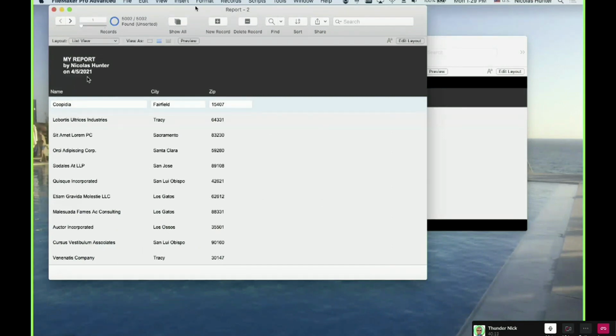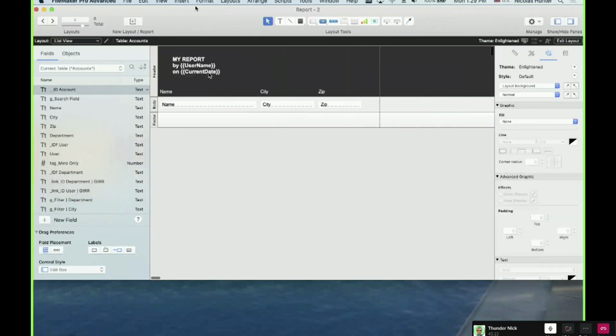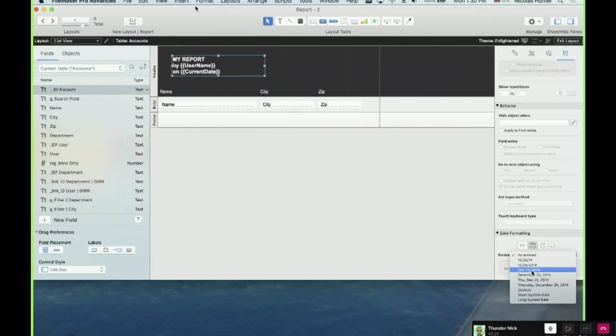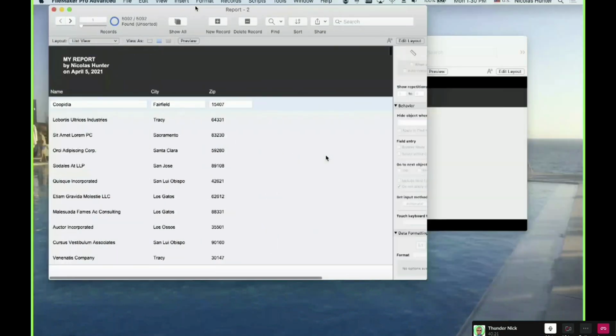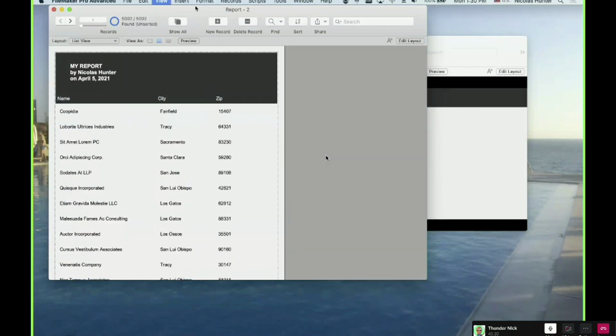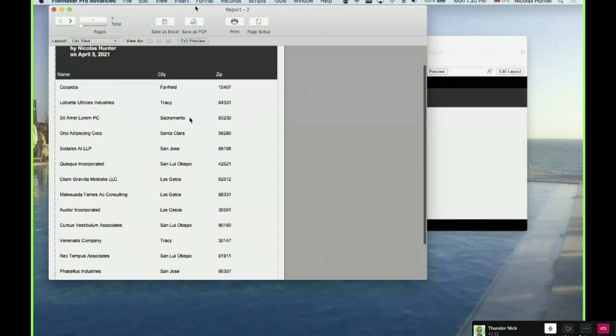And of course, since we have a date here, we can play with the dates. So here you have the header. When you print, you will print like this. This is how it will look.